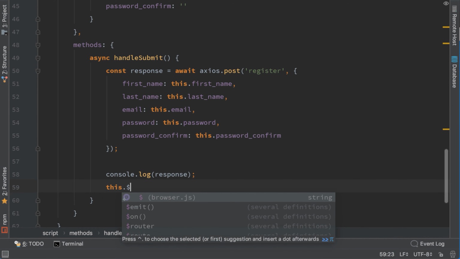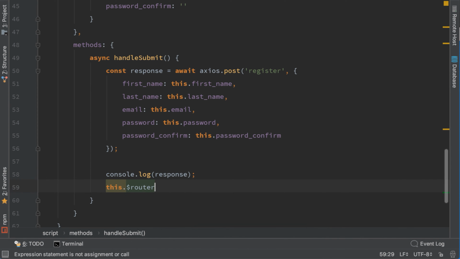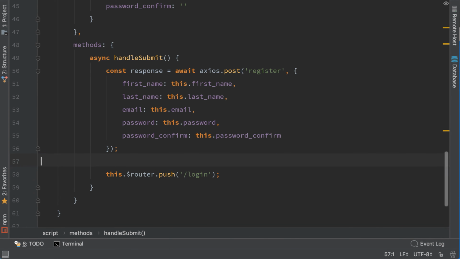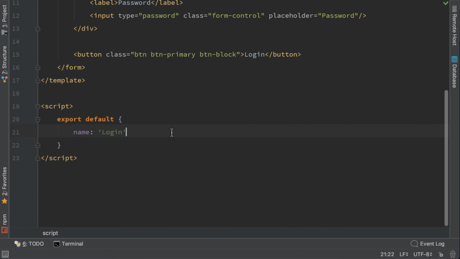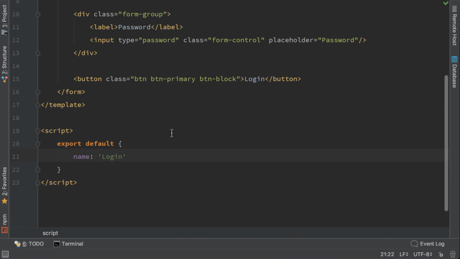The way to redirect in Vue is to use this $router.push('/login'). So when our response is successful, we will get redirected to the login route. Let's go to the login route now. And now let's add our login credentials to our backend. First, add the data,